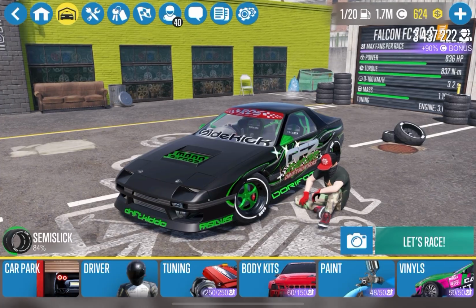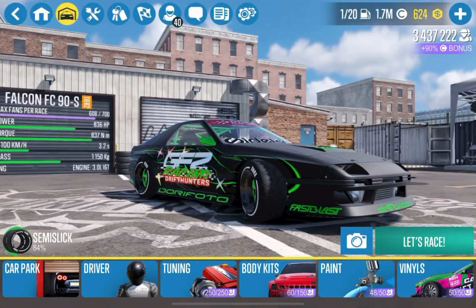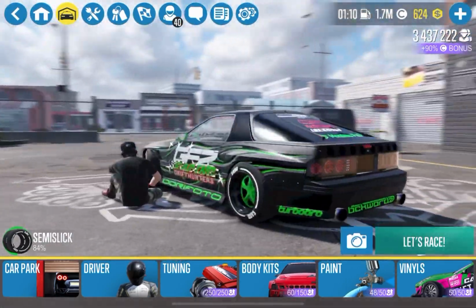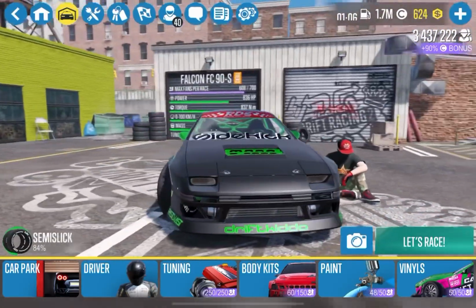Number 4 is the Falcon FC90s. Again with the 3 litre in it. This car is really fun, especially on the high speed tracks. It just seems to eat them up and create points like nothing else. As you can see,